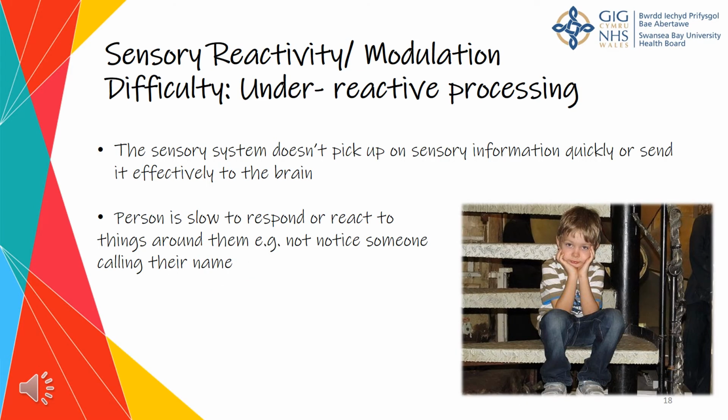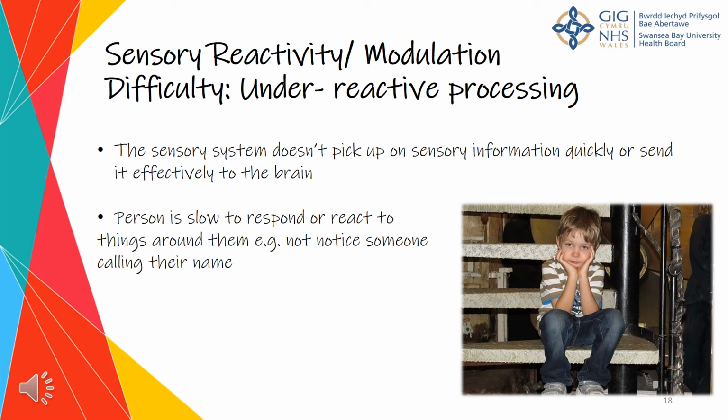As mentioned in the previous slide, if a child underreacts to sensory information, it could be because their brain isn't picking up the signals correctly from the sensory system. This may mean that a child is slow to react or respond to their environment. For example, they may not notice someone calling their name,